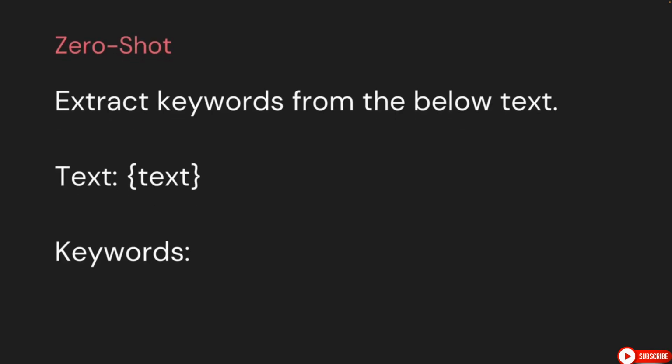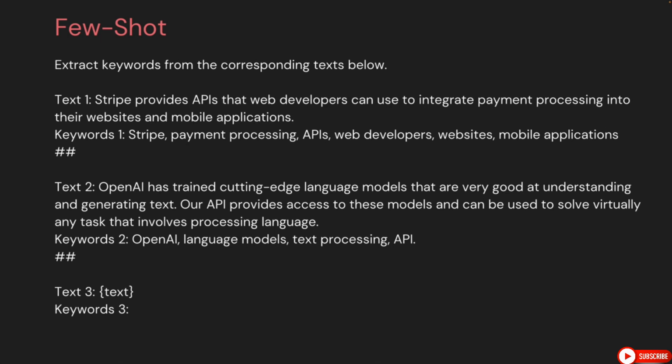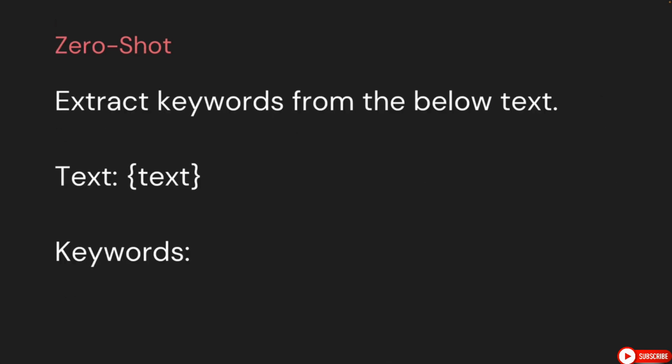Next up, we're going to talk about the difference between 0-shot prompting and 1-shot or few-shot prompting. So these terms, few-shot prompting, 1-shot, 0-shot, they have to do with basically how many examples are provided in a given prompt. So the term 0-shot prompting or 0-shot means we're not providing any examples. And we're hoping that the model can just figure out what we want it to do based on the prompt without examples. So extract keywords from the below text, and then we'd have some text in here that we wanted to extract from,